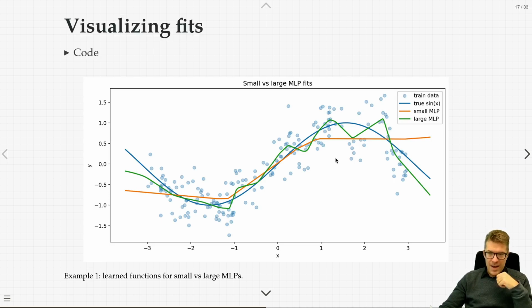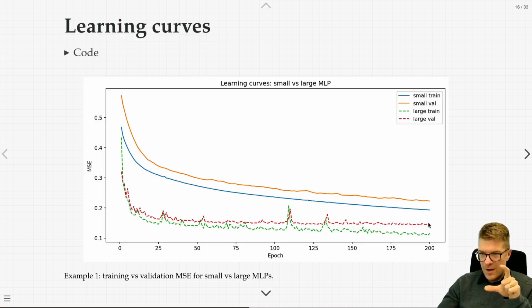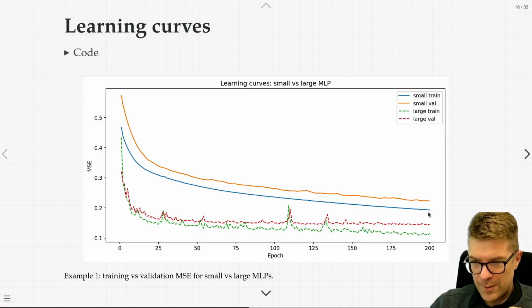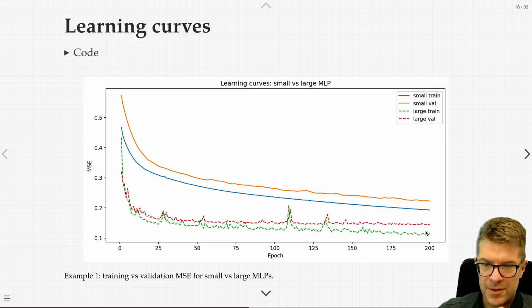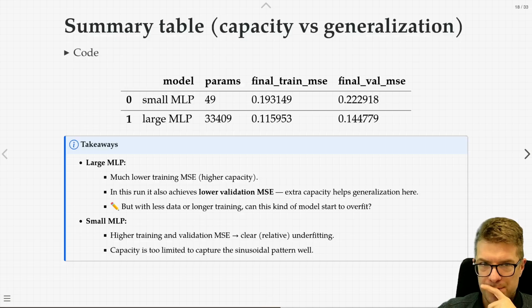So again, we're trying to compare the small and the large neural network and make a decision about which one to deploy. We might be overly satisfied with the large neural network and just say, well, it gets better validation and training error, and that should suffice. But you might notice that the difference between the curves for validation and training seems to be getting slightly bigger for the large neural network compared to the small one. That might be raising some alarm bells, and this jankiness might be raising some alarm bells also. So don't just rush into deploying something without thinking about it first.